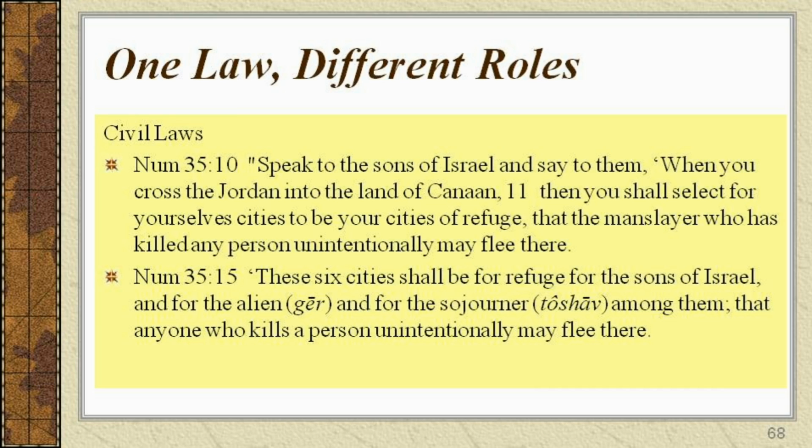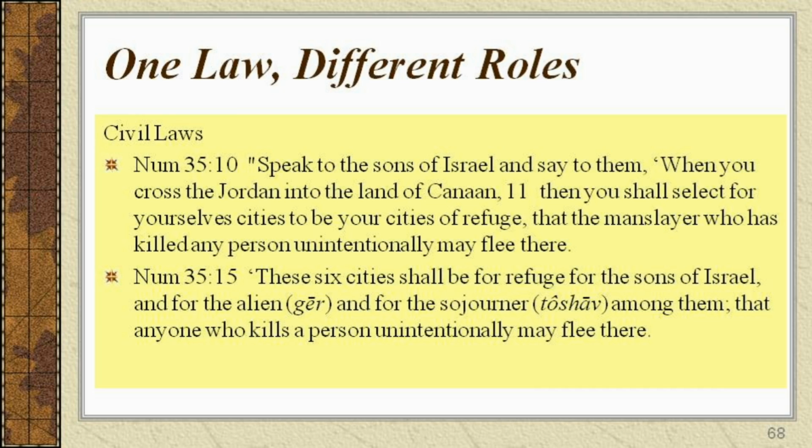If he left the city of refuge before his exile was over, the victim's family could kill him without any penalty. That was strong incentive to stay put for a few years. This was a general law that applied equally to Israelites and resident aliens. Whatever differences may have existed regarding debts or servitude, when it came to criminal activity, everyone was equal in the eyes of the law of Moses.